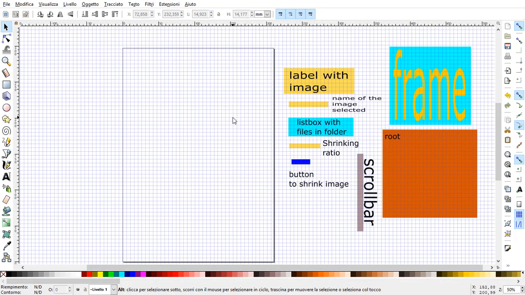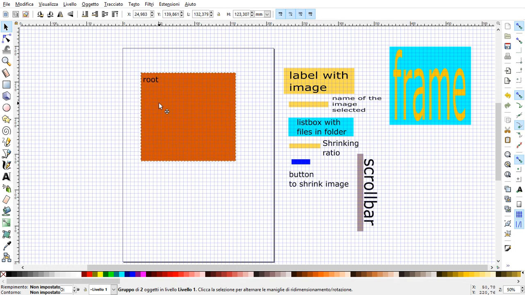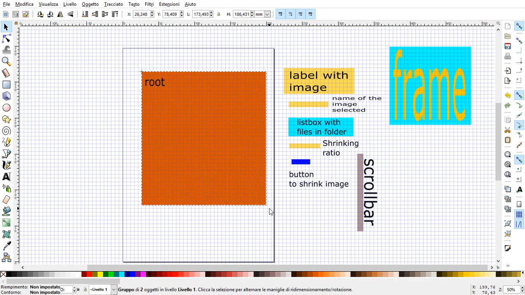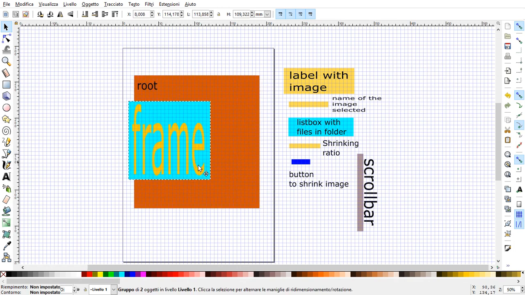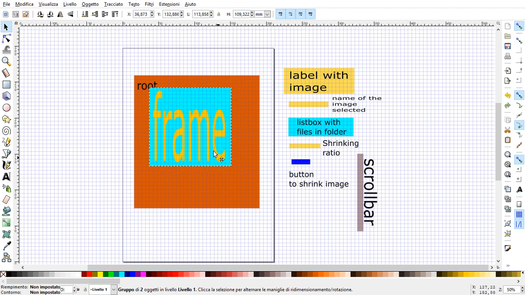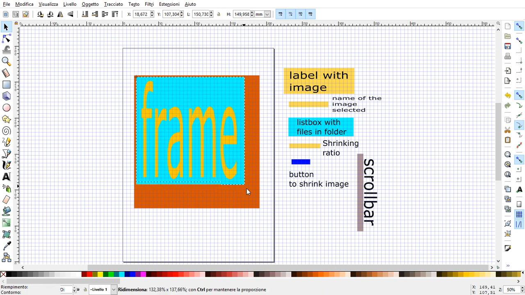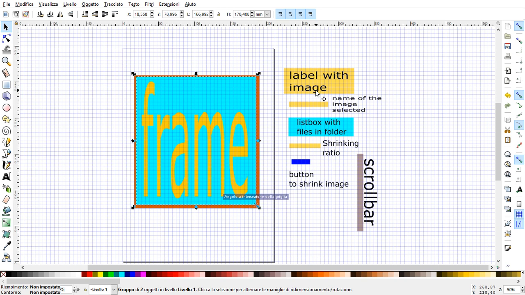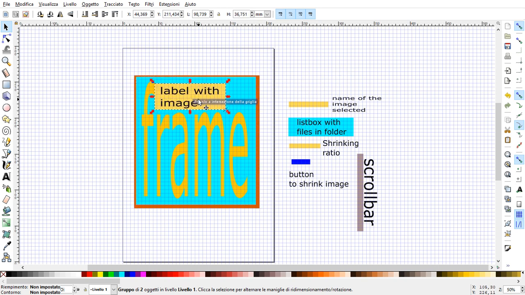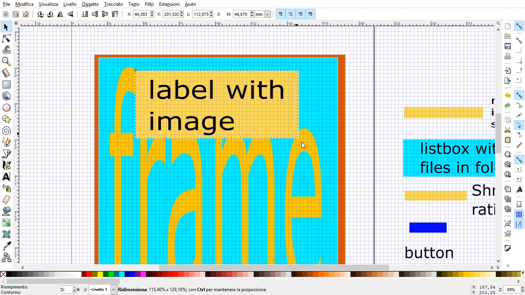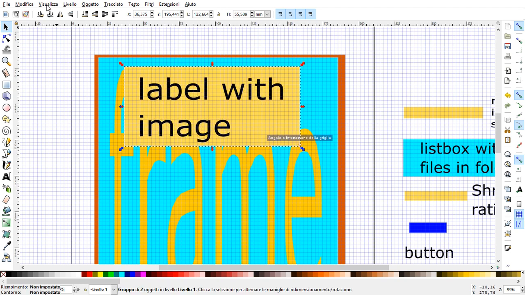Okay, our program this time will shrink the images in the folder, and we will use a graphic user interface with Tkinter to make this. First of all, we are going to create a root for our application, and inside the root we will put a frame in which we will put our widgets. The first widget we are going to put inside is a label with image,